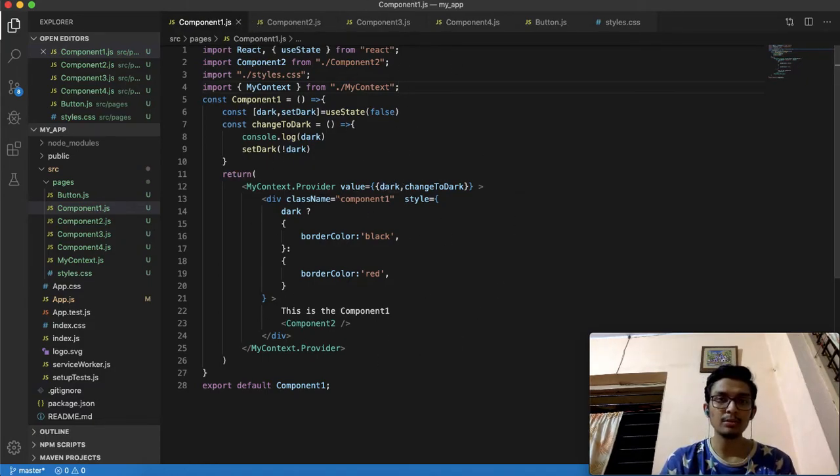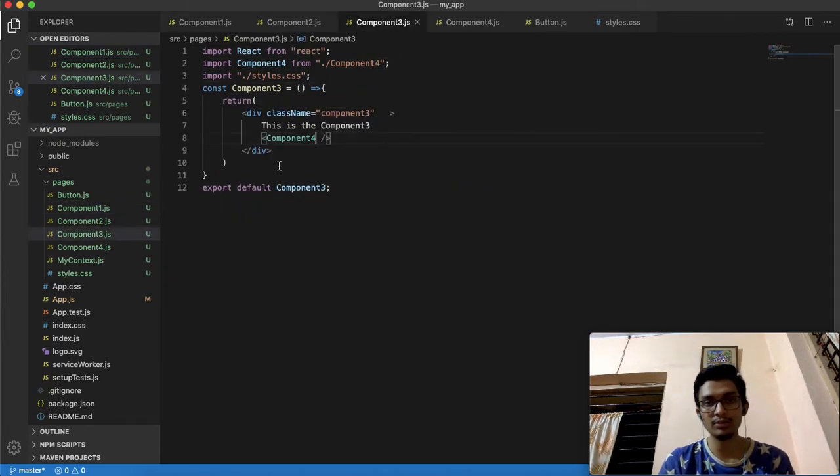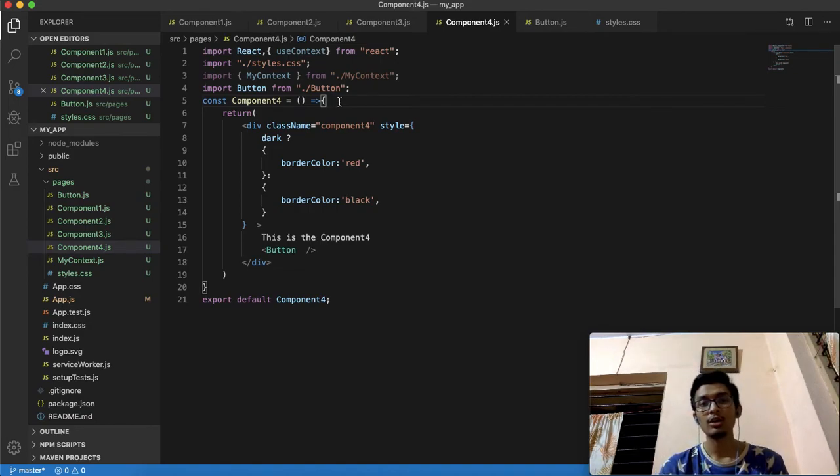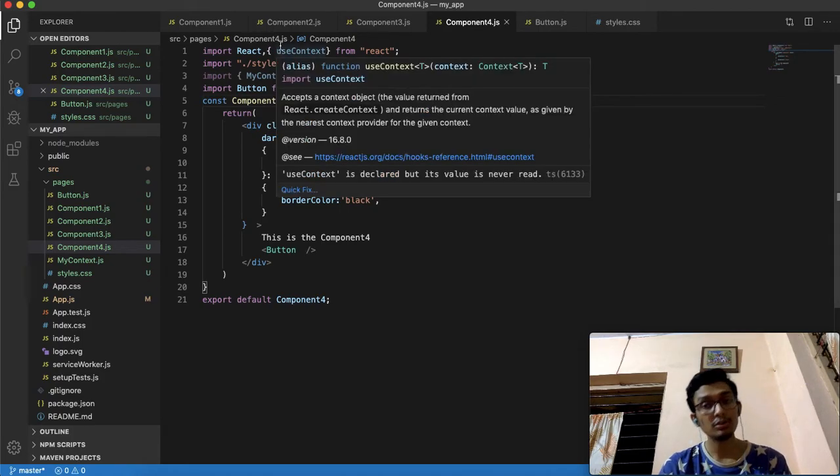If I had put this over here also in component 3, then it would have used the values which were defined in component 3. So it takes the values from the nearest context provider. That is the functionality of context provider: it provides the value and useContext uses those values.